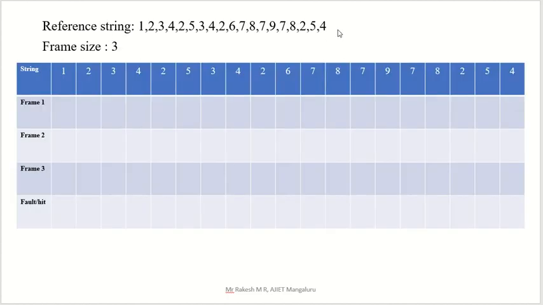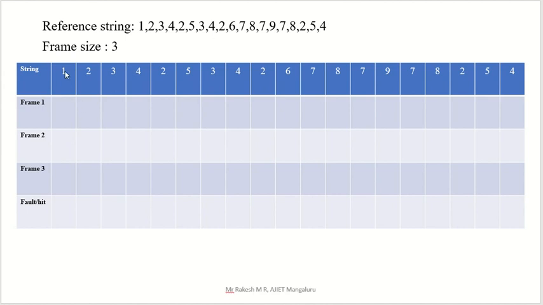See, this is the reference string given, that means the CPU is asking for these pages. Now the OS should supply these pages. If that page entry is there in memory, that is a page hit. If that page entry is not there in memory, that is a page fault. They have given the memory size as 3 frames. So 1 2 3 frames are there, and this is the string given. We will start.